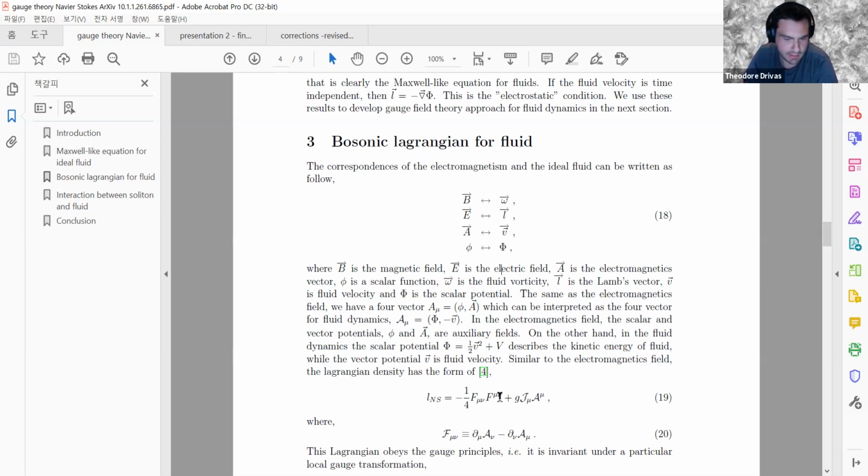I guess I don't really understand the meaning of the action. Is it something that's really preserved by the dynamics? And if so, what is that quantity in terms of the solution? For now, we just judge that it's just a device that gives the equation of motion, nothing more than that.